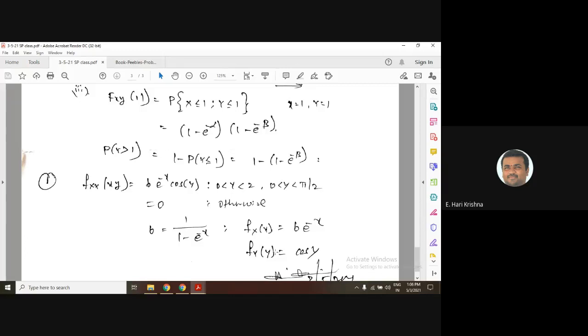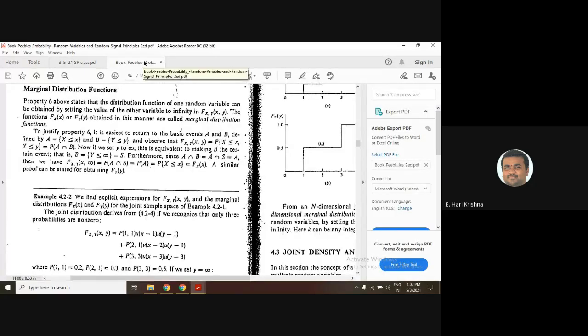So these are all some solved problems I want to provide to you, and there are more unsolved problems in the people's book. More number of problems are there, unsolved problems in the people's book. I will provide the solution manual at the end of the semester. I have the solution manual of people's book. I will provide it to you at the end of the semester.